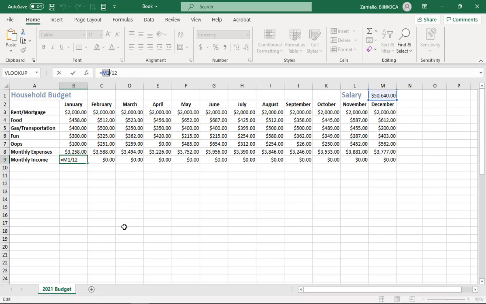And on my keyboard, I have to hold down the FN for function in the lower left and then press the F4 key at the top of my keyboard. And F4 turns that M1 referential into an M1 absolute. The dollar sign in front of the M says always look for column M. The dollar sign in front of 1 says always look for row 1. So it is absolutely referencing